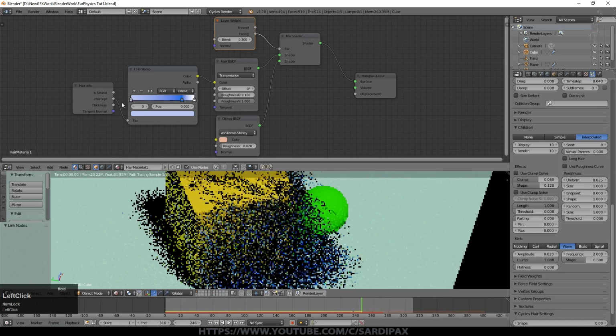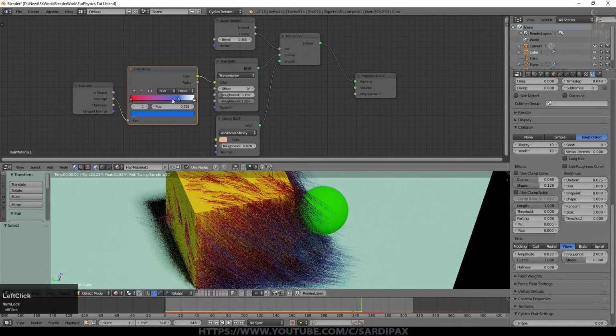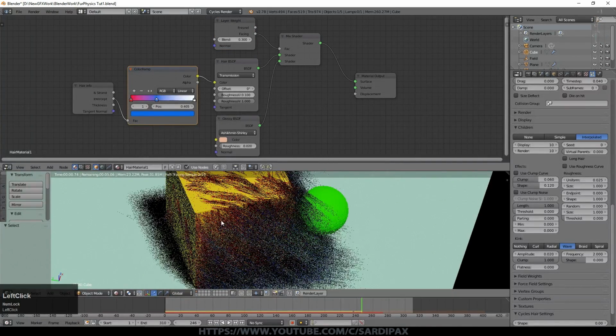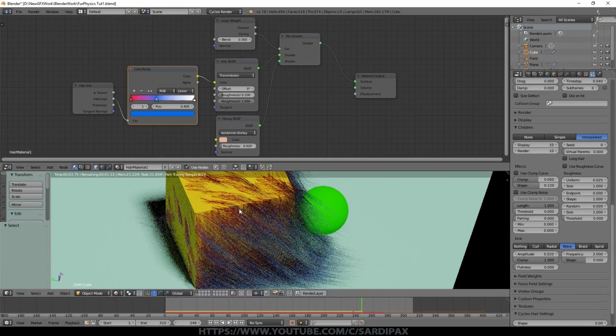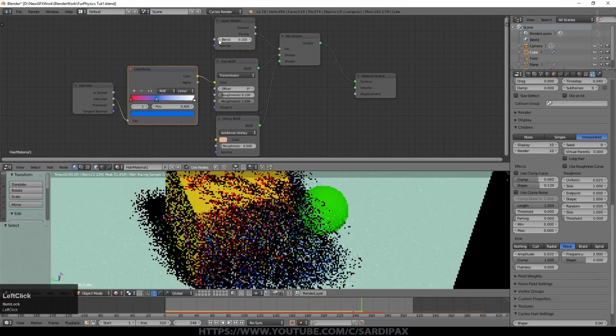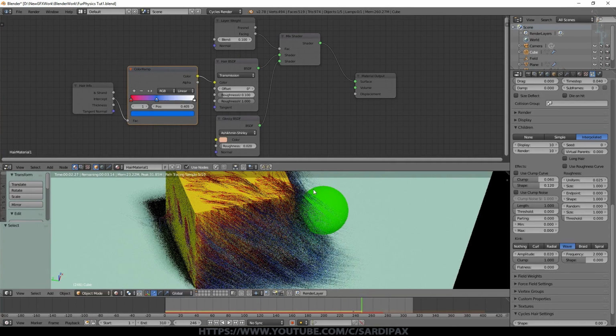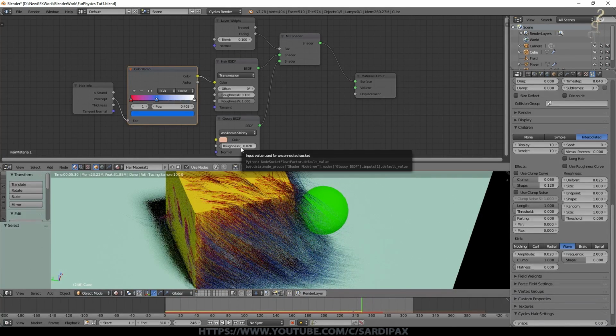So we could take that down to there and perhaps make it red. So now we've got hair that starts off a sort of scarlet red colour, goes through a blue colour and then fades to white again. You can change the blend factor up here to affect how glossy the hair is. And I'm also using quite a fine glossiness here, so it's very shiny hair.